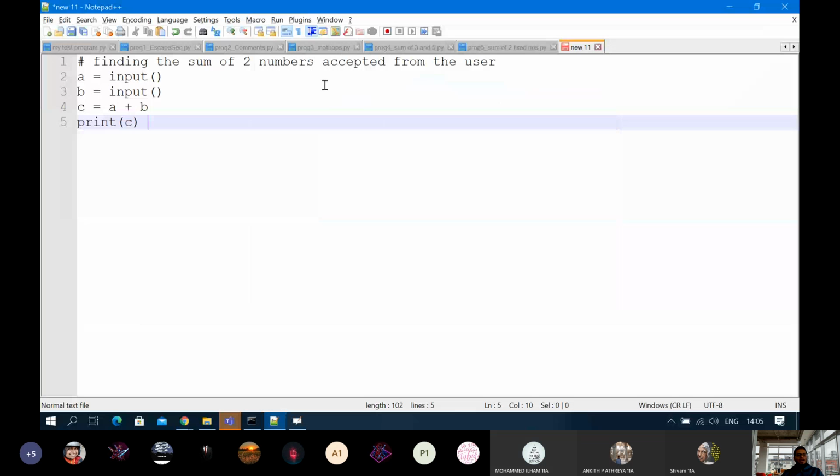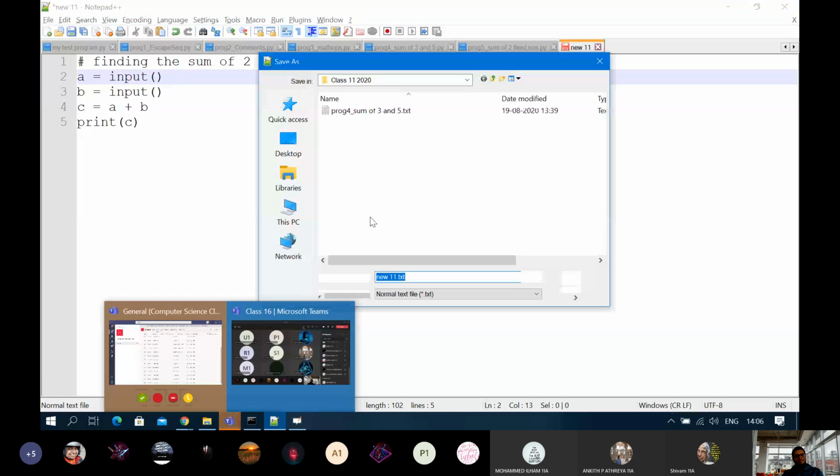So like I said, the right side of the equal to is evaluated first. Line number one will be ignored as it is a comment. Line number two, first the right side will be evaluated and reduced to a single value. What it will do is the input function will fetch the value the user inputs from the keyboard and replace it internally where you have written input. Okay. So let us check this out, then you will understand.